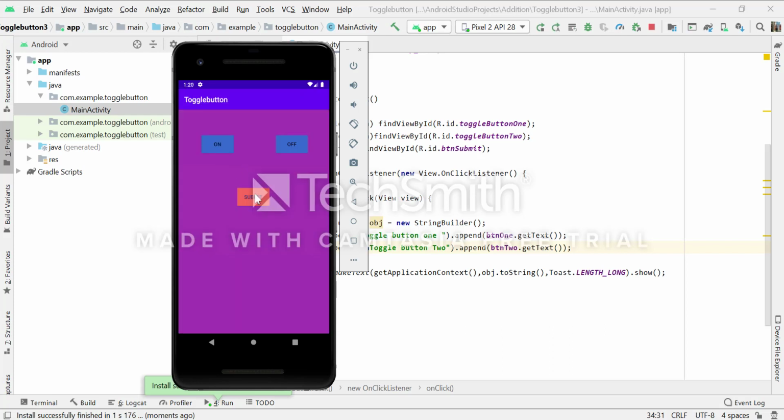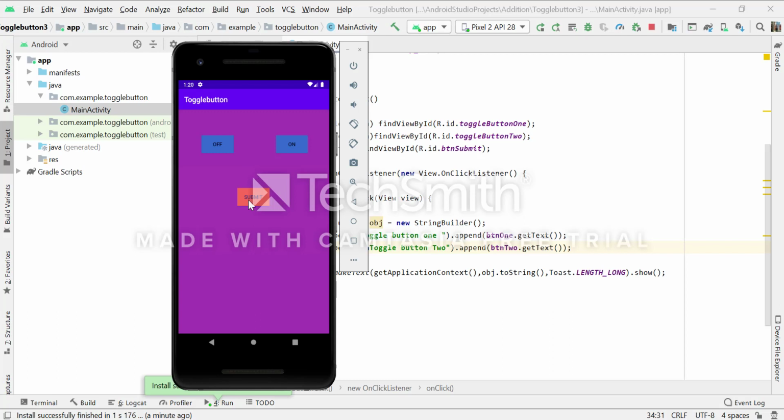Now when I click on the submit button, here you may notice toggle button 1 on and toggle button 2 off. Now both toggle buttons are on, so when I click on the submit button, see, toggle button 1 on, toggle button 2 on. Now I am going to turn off the first toggle button.